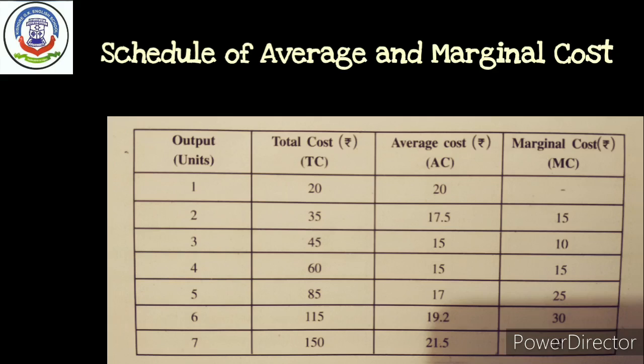Average cost is 17 and marginal cost is 25. Recent total cost 85 minus previous total cost 60 is equal to 25. When production is 6 units, total cost is 115, average cost is 19.2 and marginal cost is 30. Then last, production of 7 units, total cost 150, average cost 21.5,